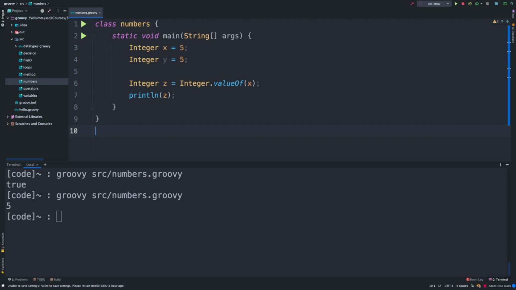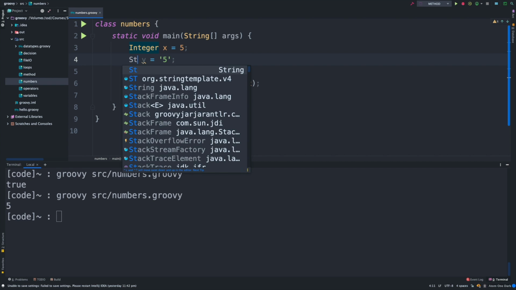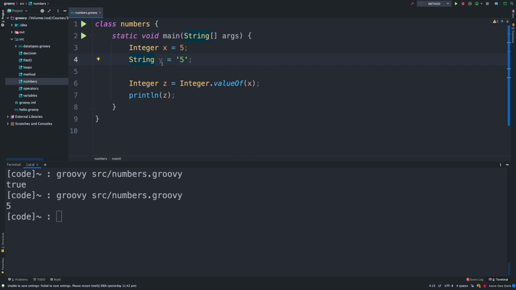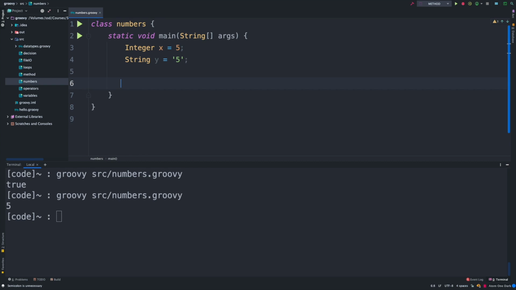About two more methods in Numbers, which are going to be parseInt and toString. They do pretty simple things. So we have a variable y. I'm going to change its value from integer 5 to string 5. And we're going to have to change the integer type to String, and the warning will go away. IntelliJ was giving us a warning because it's saying that, hey, you cannot assign a string to an integer. So that's fine. I'm going to get rid of these two lines.